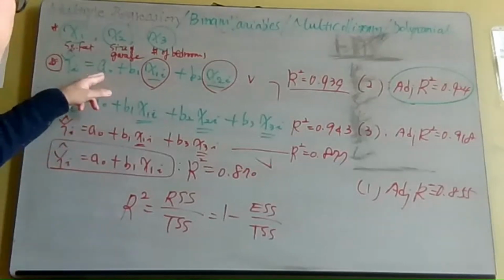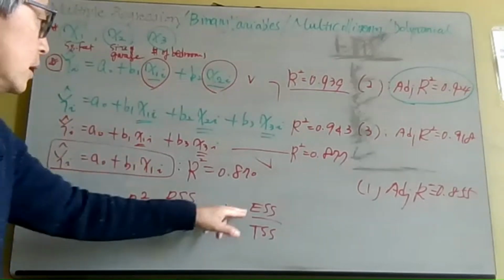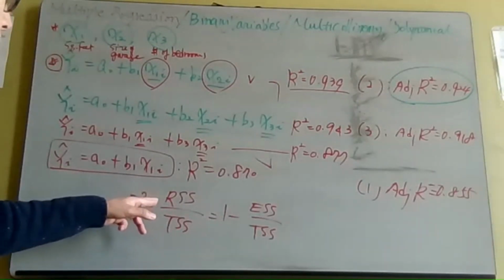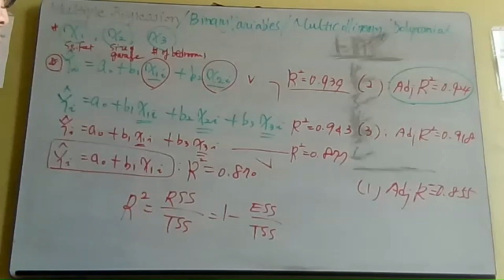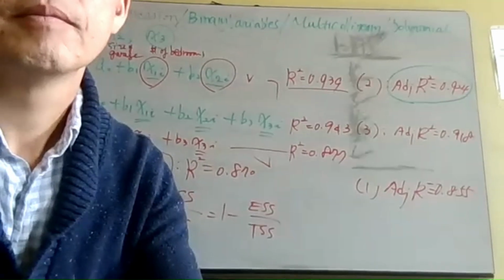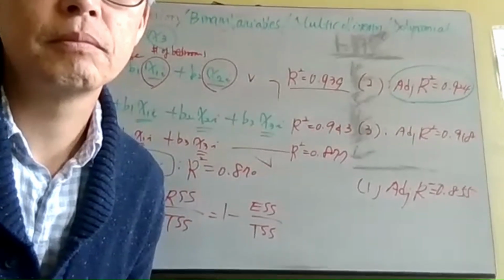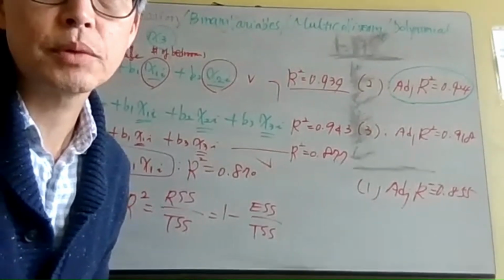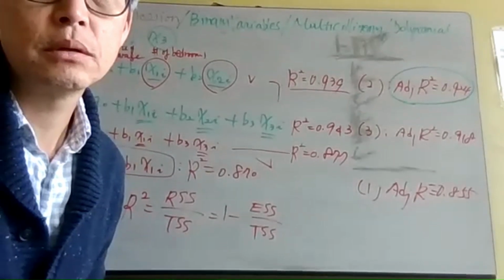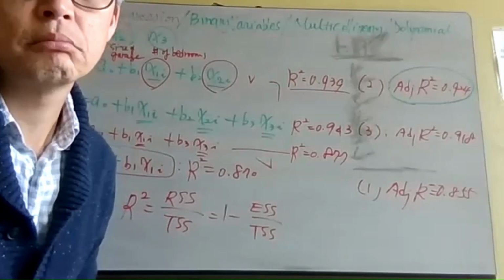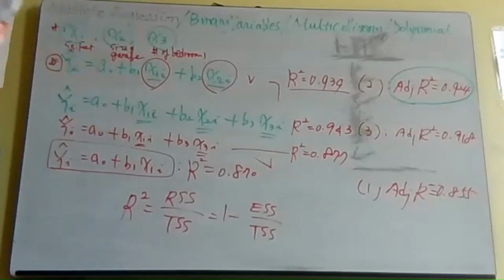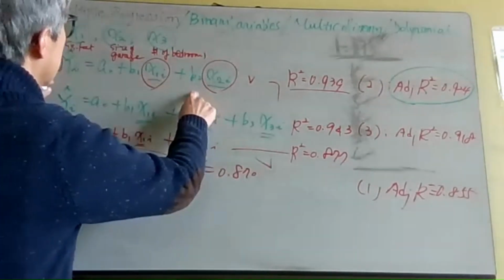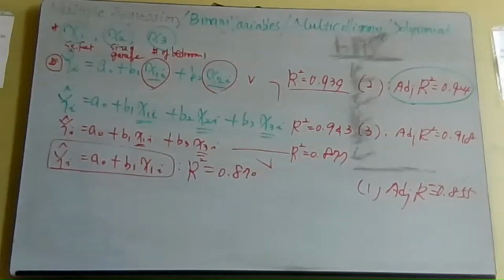So we're trying to find the coefficients B1, B2 which minimize ESS while maximizing RSS. Okay, so that's what I explained. Okay, so using this multiple regression, if we want to estimate average selling price